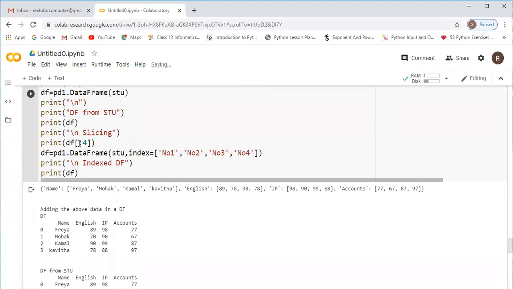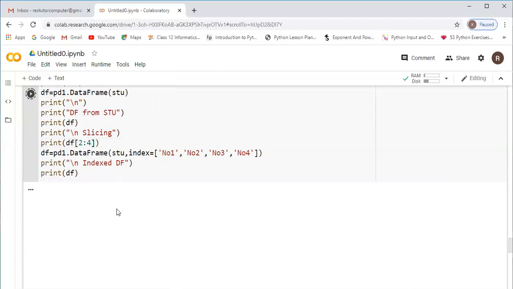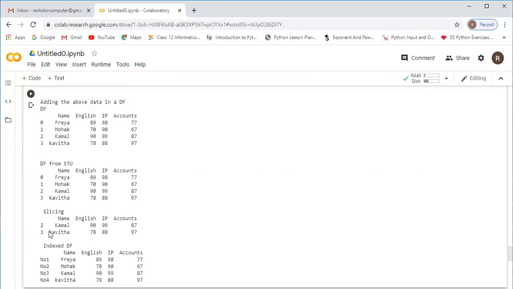Like that way also you can give, any way you can specify. Either 0:4, or only from the beginning, or if you don't want from the beginning, you want from the second record, then 2:4. Now see the slicing, you can see the difference. Now the second index what we have, then 4 means 4 minus 1 it will take. So the third index, whatever record value you have, you will get it. This is called slicing.